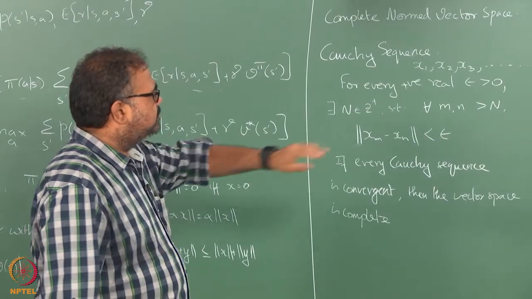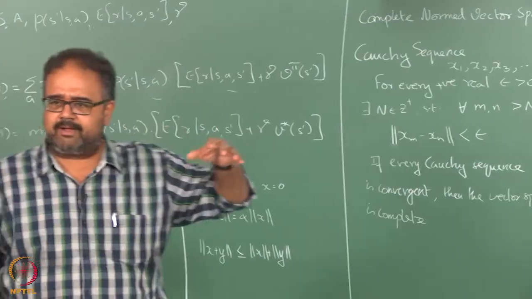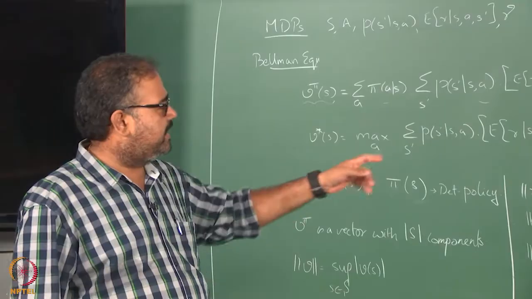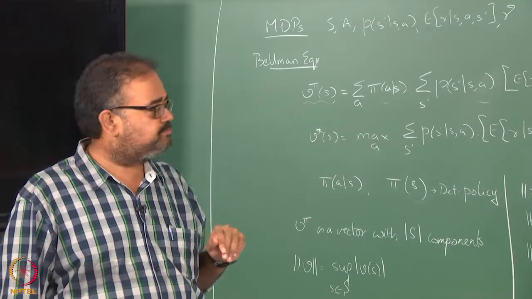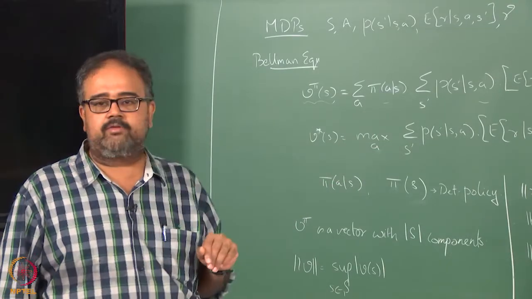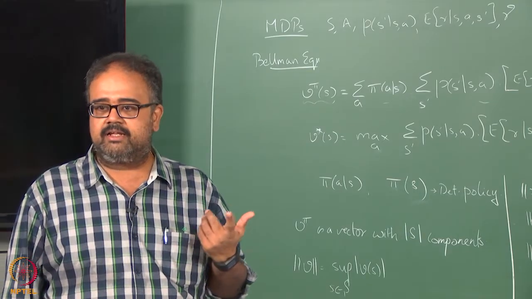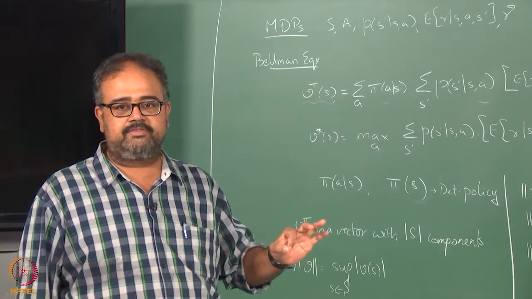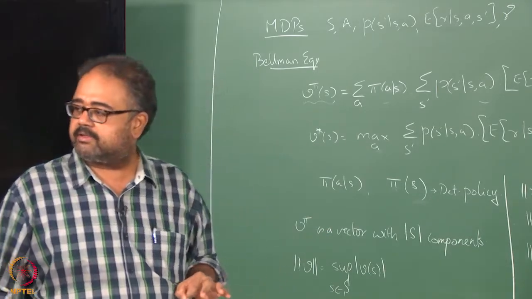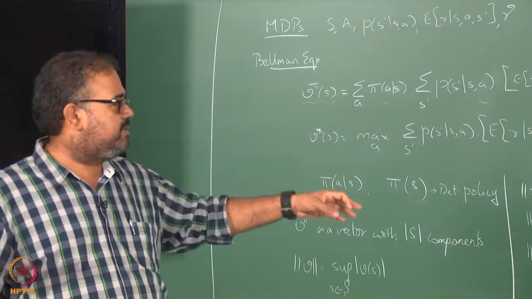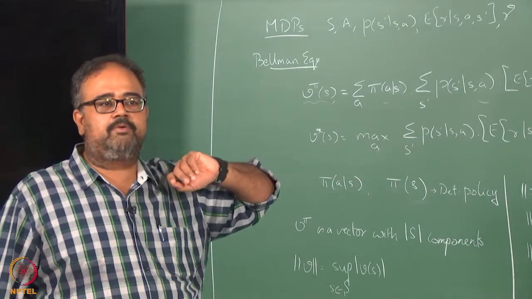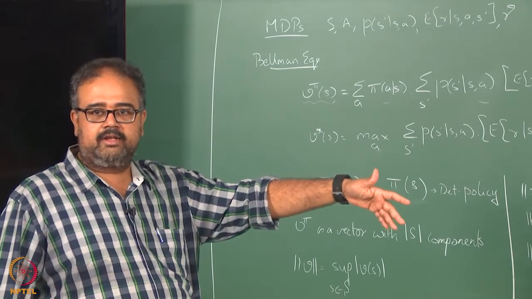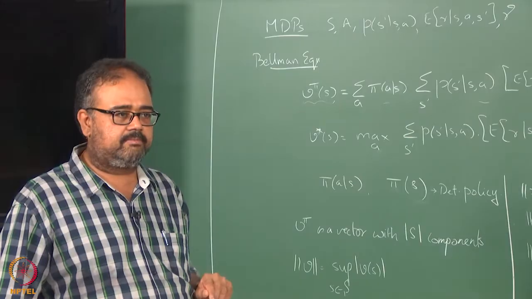Okay, so what we are saying: suppose U is a Banach space and T is a contraction mapping, essentially something that brings points together. Then there exists a unique V star in U such that T V star equals V star. That essentially means that T has a fixed point, and it is a unique fixed point, okay. And the second thing is, for an arbitrary starting point V naught, if I keep repeatedly applying T on V naught, right, I will converge to V star,